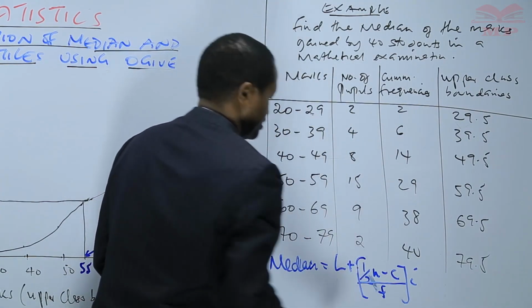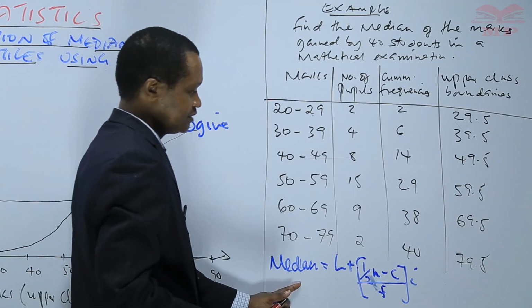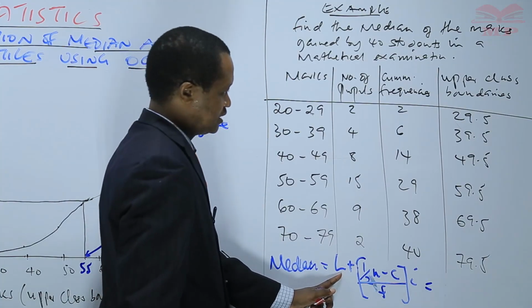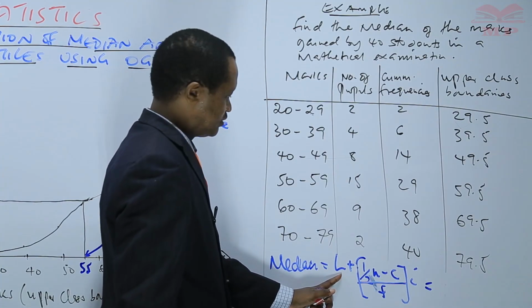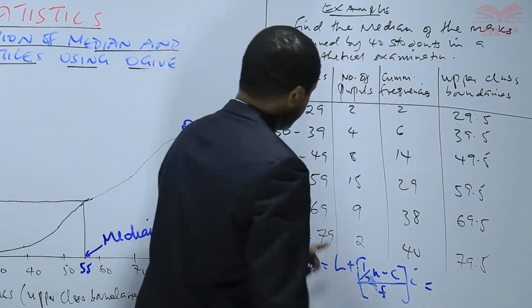This is the formula for the median. So the lower class boundary for the median class,